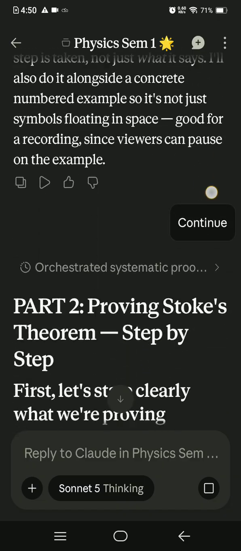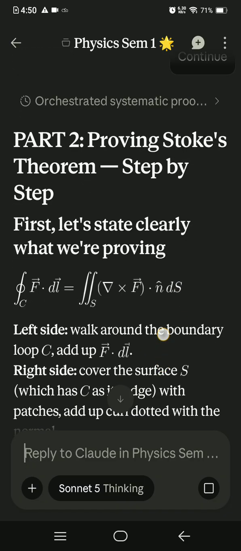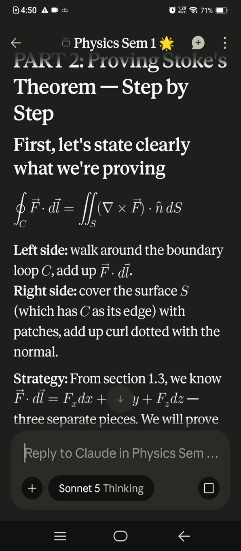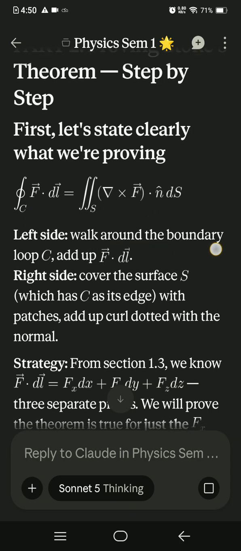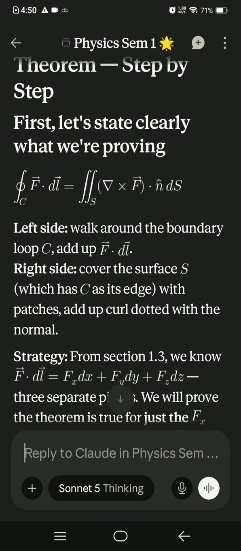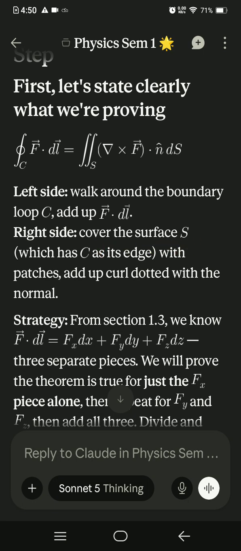Part 2 is proving Stokes' theorem step by step. First, let's state clearly what we are proving. So, we are proving this. This is Stokes' theorem right here. Left side is walk around the boundary loop C. Add up F dot dl. If we are walking around a boundary loop C and we add up the field along that loop, and then on the right side we have covered the surface S